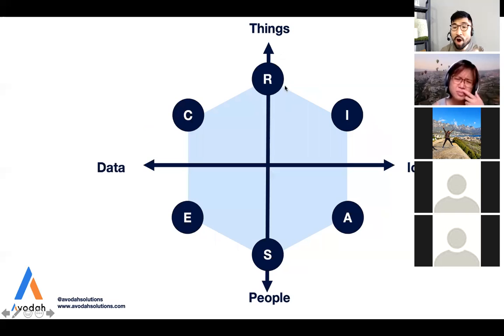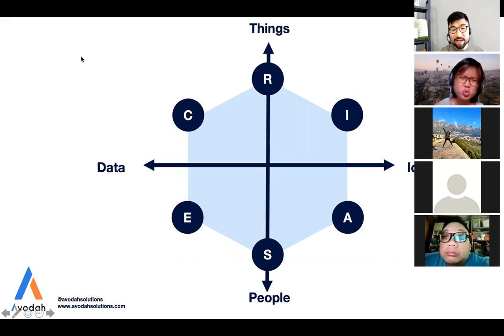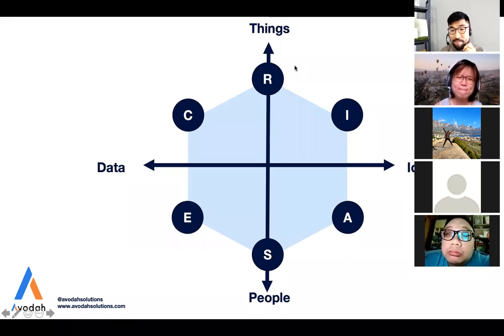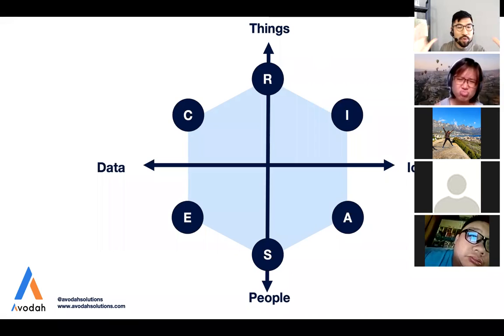If today you are more R or more I or more C, this part, the C, the R, and the I, you tend to be more focused on things, on work. Whereas the people who are more on the S, the A, and the E are likely to be more people-oriented. That means very relational. Then the other dimension to look at is ideas versus data. If today you are more on the I and the A side, you tend to be more on ideas. You tend to think a lot.